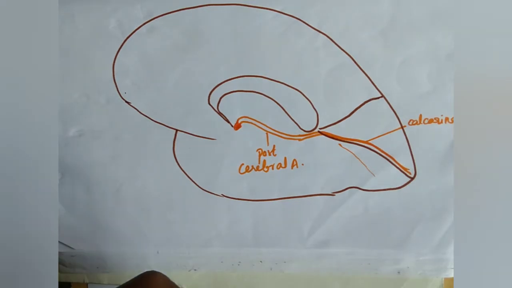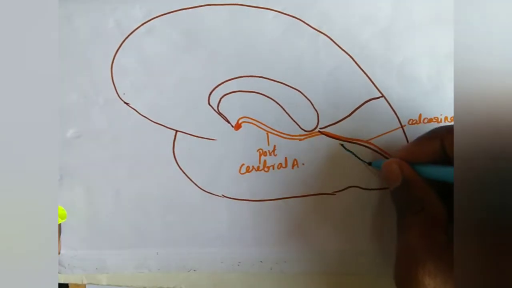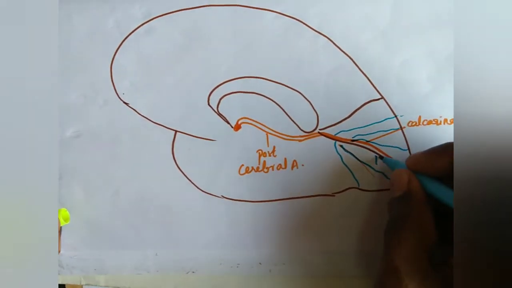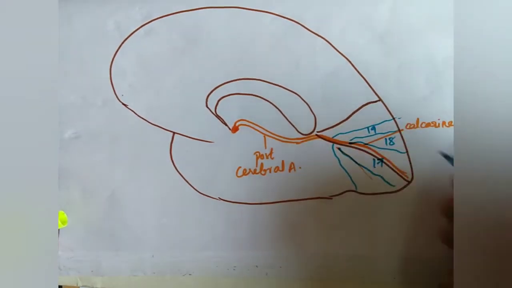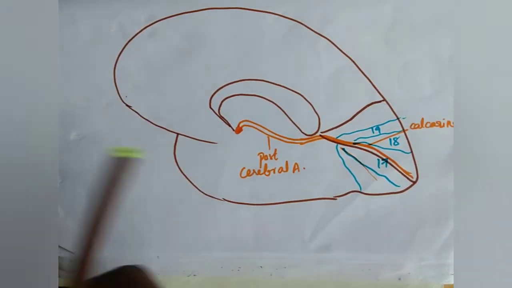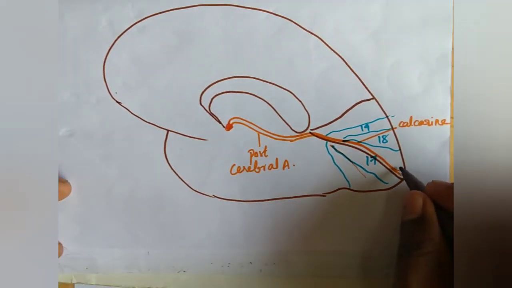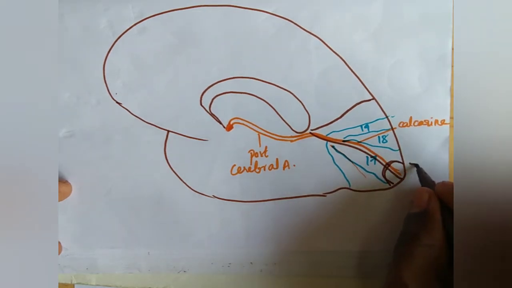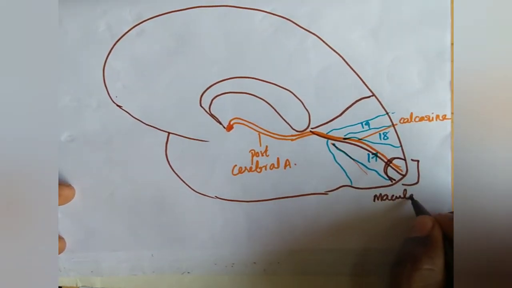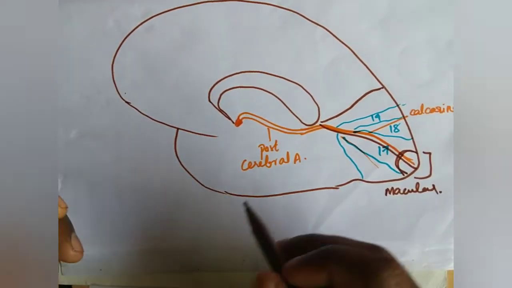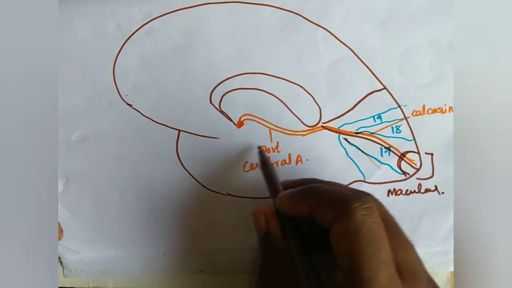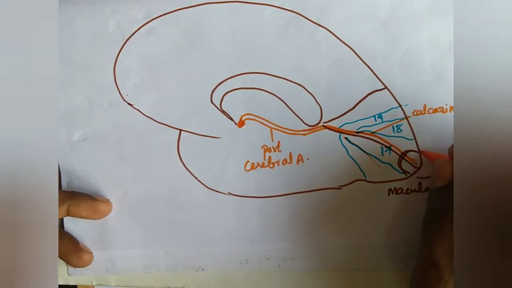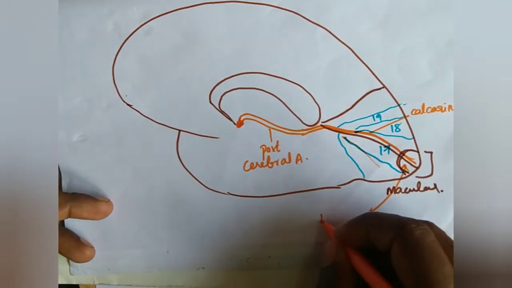So the visual cortex will be here. This is the visual cortex which is surrounding the calcarine sulcus, areas number 17, 18 and 19. And area number 17 will be mainly having the macular vision. This is the posterior pole, mainly area 17 of this region, which will be having the macular vision. Macular vision has dual blood supply. The blood supply not only comes from the posterior cerebral artery, it is also derived from the middle cerebral artery. So it also receives an additional source from the middle cerebral artery.